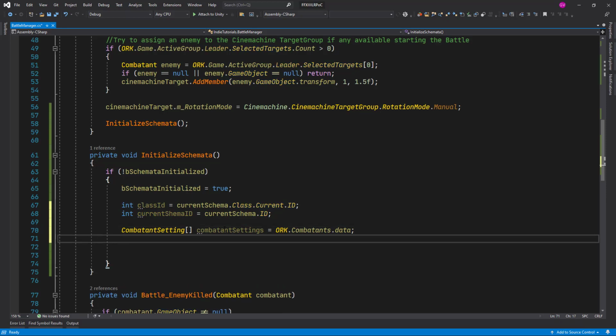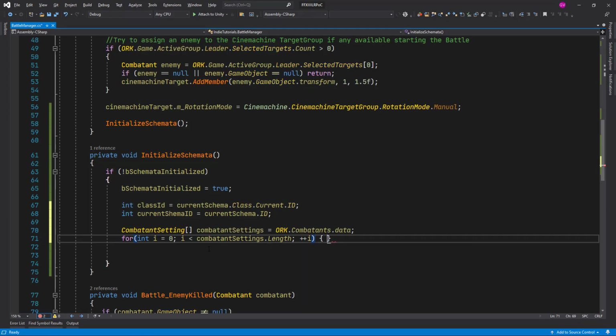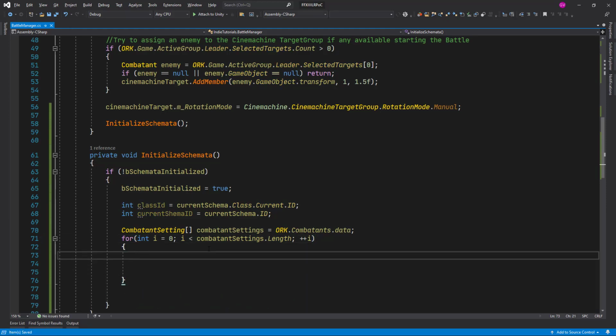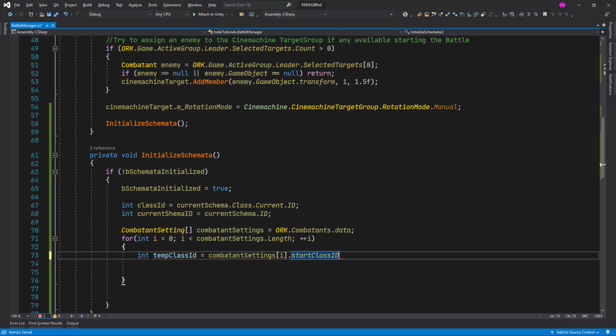Okay, now we can loop through the combatant settings. So let's add a for loop. So for int i equals 0, i less than combatant settings dot length, plus plus i. Now that we are looping through all the combatants, we need to check the current ID of the combatant that we are looping through. So combatants i dot start class ID,